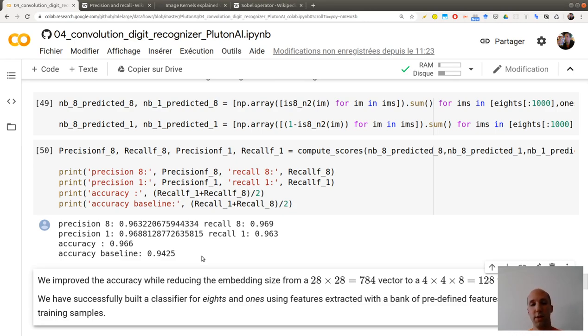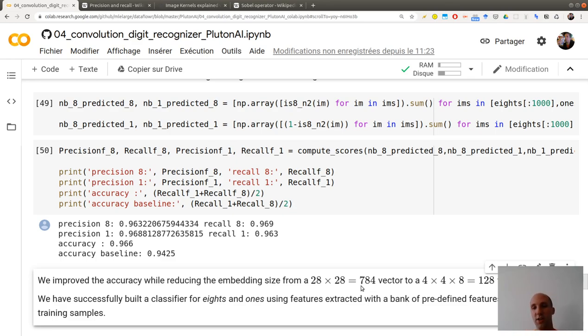One nice thing you can observe here is that you are actually able to achieve better performance on a compressed version of your digit, because you are not comparing images of size 28 by 28, so a vector of size 784 if you flatten it.